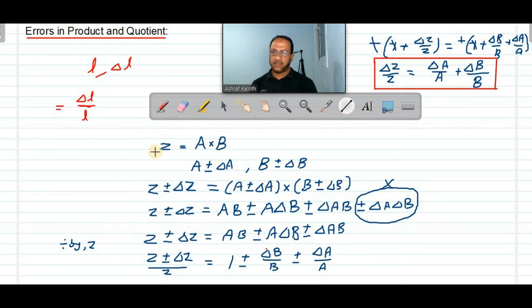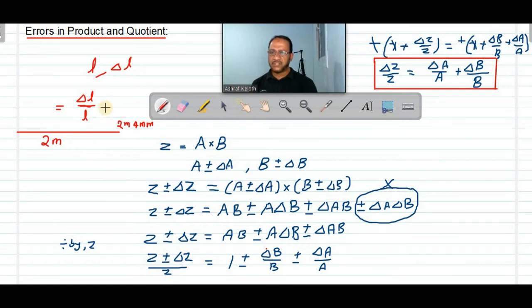Suppose you have a wire. Its actual length is 2 meters. And you are given a ruler or a measuring tape for measuring this one. When you measure the length of this wire, suppose you measure it as 2 meter and 4 millimeter. This 4 millimeter is the mistake or error you made in the measurement. Actual length is only 2 meter, but you made a small mistake. That 4 millimeter is the error.